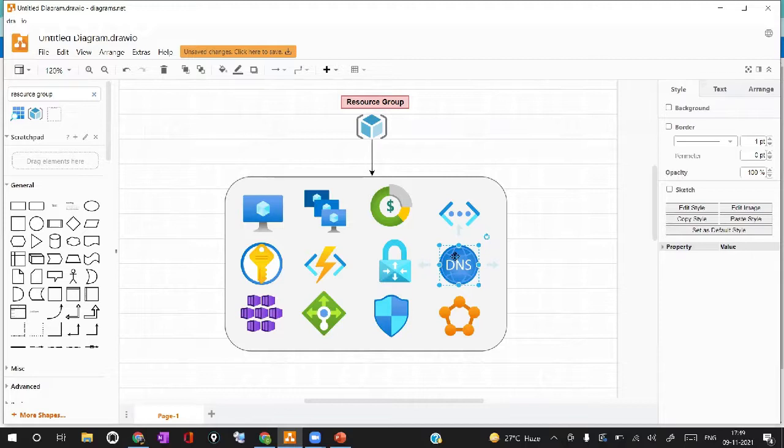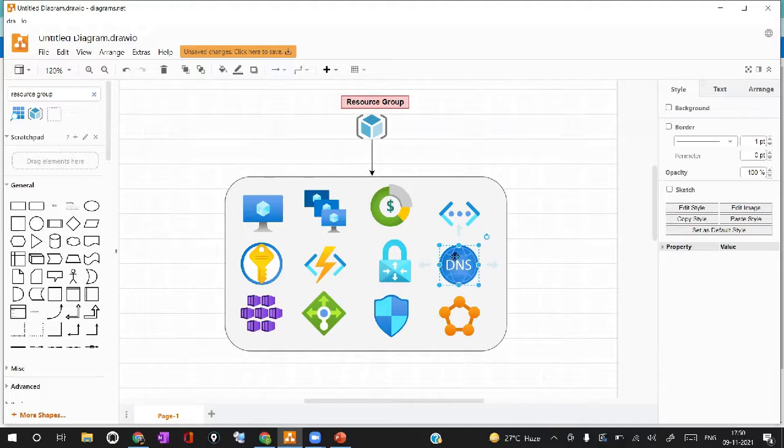Hey, I have my dev resources only in dev resource group. Likewise, even you can differentiate according to your application. Like you have an application ABC. You want to keep ABC application dependent resources in a resource group called ABC resource group. You can create a resource group and group the necessary or dependent resources in a single resource group for easy administration. This is a quick intro and brief about a resource group.